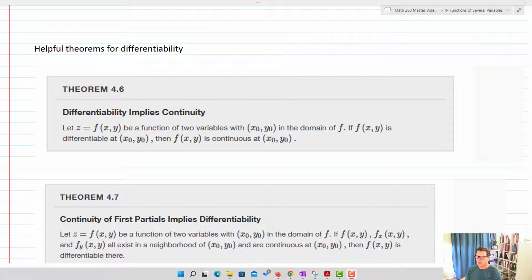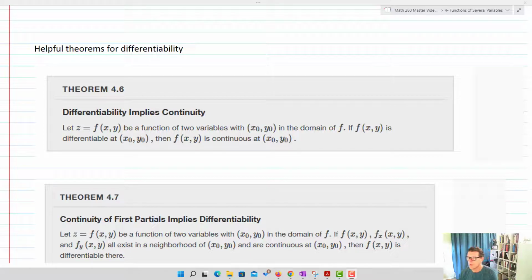So now we have some helpful theorems for proving differentiability or thinking about differentiability. One is that differentiability is going to imply continuity. That's theorem 4.6, or for us, theorem 4.6, whatever that means. And so that is, if we have f of xy is a function of 2 variables with x naught, y naught in the domain of f, and if f of xy is differentiable at x naught, y naught,